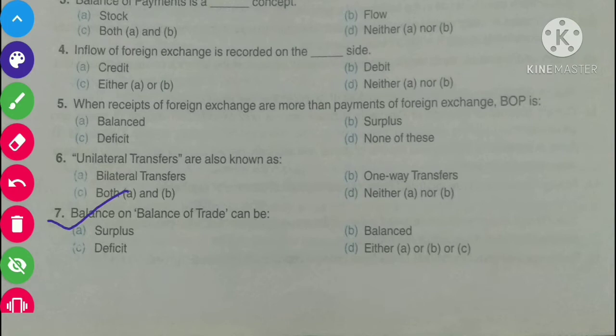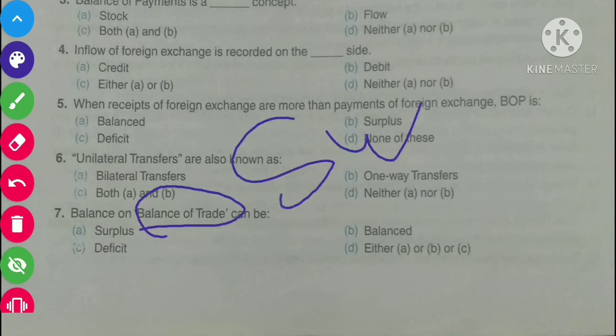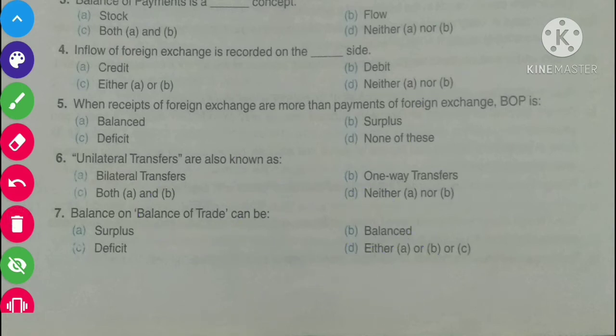Balance of trade can be option A, surplus. Option B, balanced. Option C, deficit. Option D, either A or B or C. Its correct answer is option D, either A, B or C. Balance of trade means there will be surplus, there will be deficit, there will be balanced. Okay, move to next